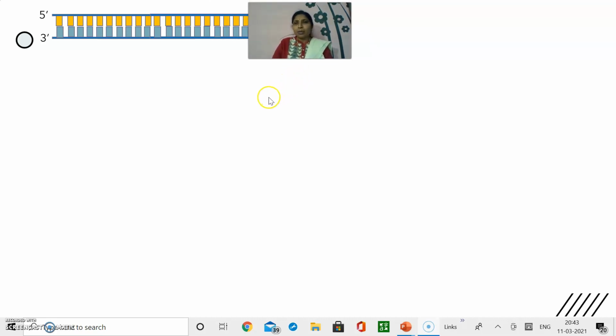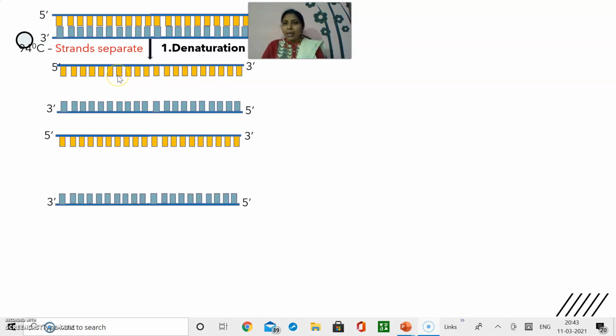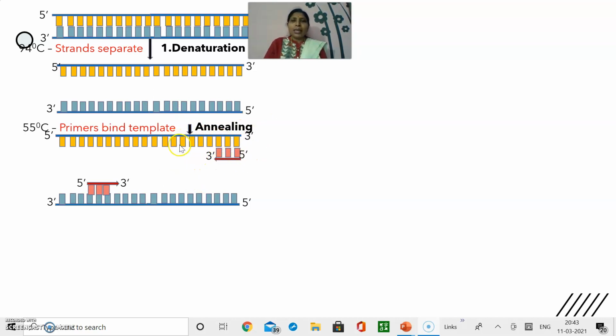So here in this picture, let us learn about that. If this is a DNA template, after the denaturation process the two strands are formed, which are mainly the templates. Onto the templates, the primer annealing should be done. The second step is primer annealing. If you see this, one primer is getting attached at the 3' end, totally at the end of the DNA template. Whereas in this template strand, the primer is getting attached, but it is not attached at the end of the template. It is leaving some sequences. This sequence which has been left over is called a flanking sequence.